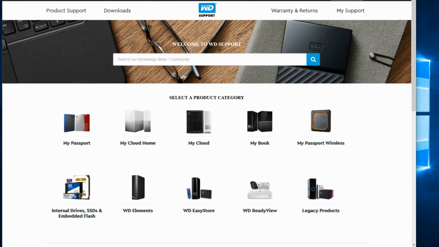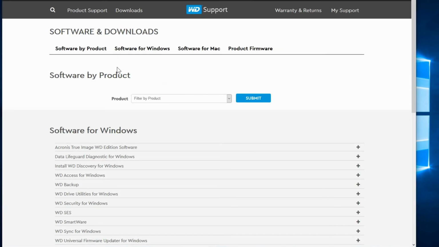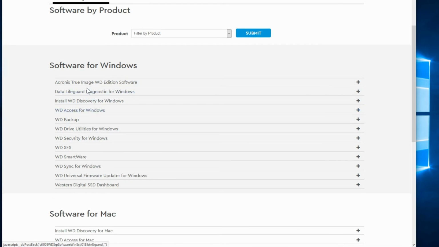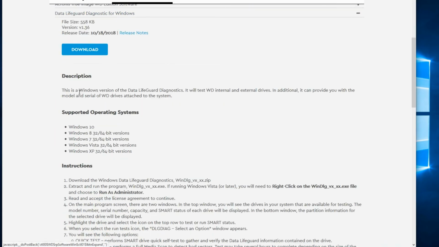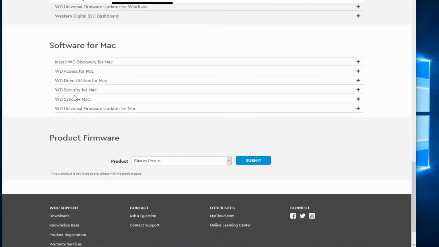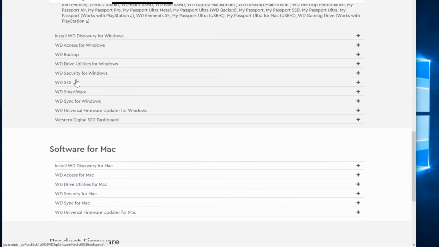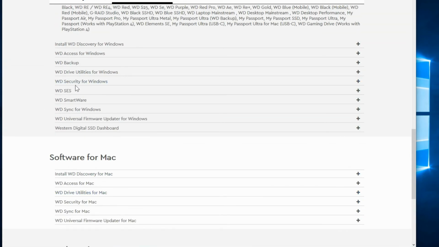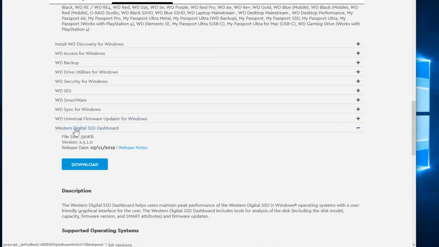We'll go back to the Western Digital site, going into the downloads, and if we scroll down a bit, now we saw the Data Lifeguard Diagnostic tool for Windows. But if you scroll down more, I went too far. Western Digital SSD Dashboard.